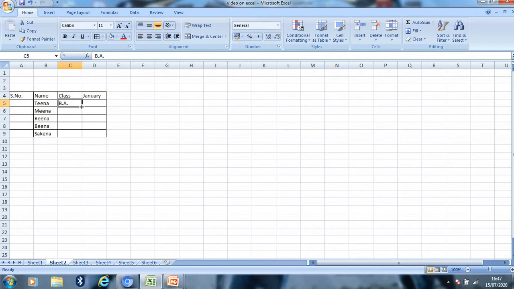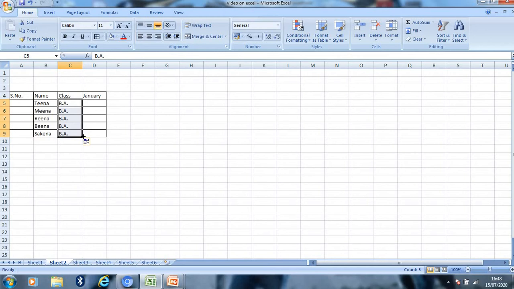When a small plus sign appears, I press the left button of my mouse and then drag it down through the cells I want to autofill the repeated data, and then release the left button, and here comes the magic.